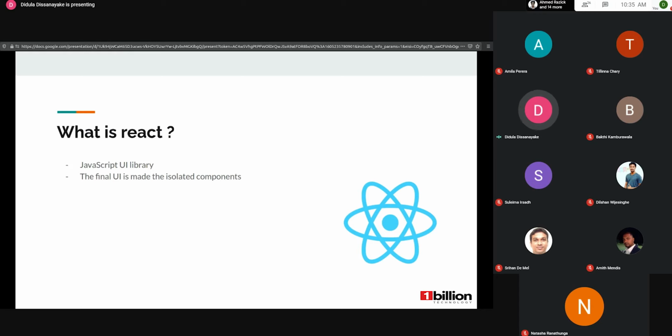Actually, what is React? React is a declarative, efficient, flexible JavaScript library for building user interfaces. It is developed by Facebook and it lets you compose complex UIs from small and isolated pieces of code called components. Each component maintains a separate dataset. With each data change, React has the capability to update efficiently and render the right component.